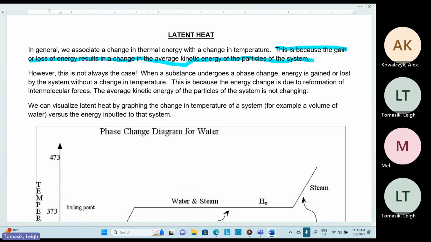So when something increases in temperature, the particles gain speed. However, this is not always the case. When a substance undergoes a phase change, right? So that's a change in state. Energy is gained or lost by the system without a change in temperature. And you can test this if you have